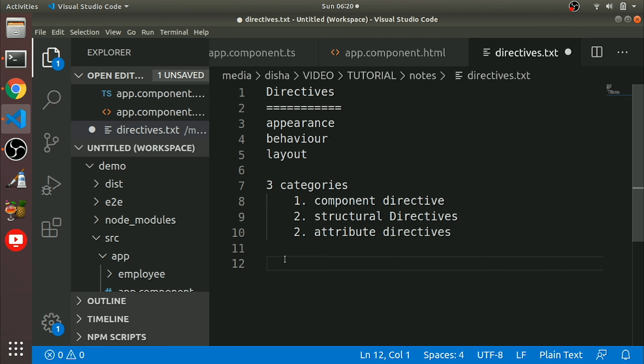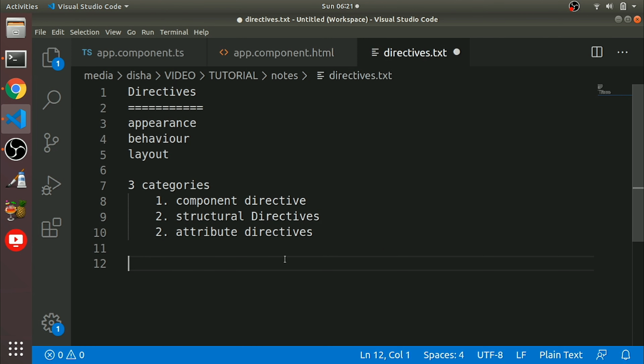Okay, so component directive. Components are special directives in Angular. As I told before, they are directives with a template, that is, you can say, a view. Structural directive can change the DOM layout by adding and removing DOM elements. So we'll show some examples. First, component directive we have already discussed. We had a dedicated tutorial. If you haven't watched my video, then go back to my component series. I had a playlist also, you can go one by one. So next we will discuss structural directive.